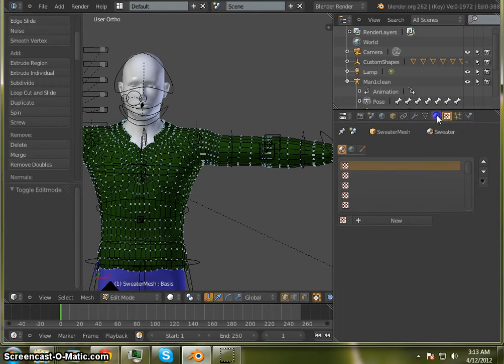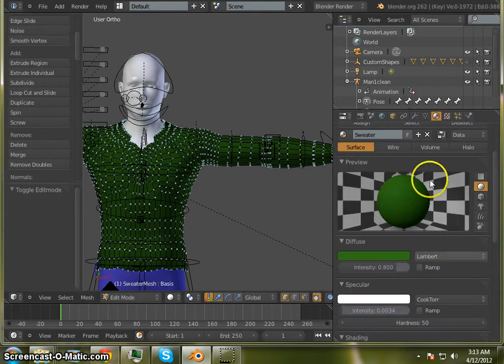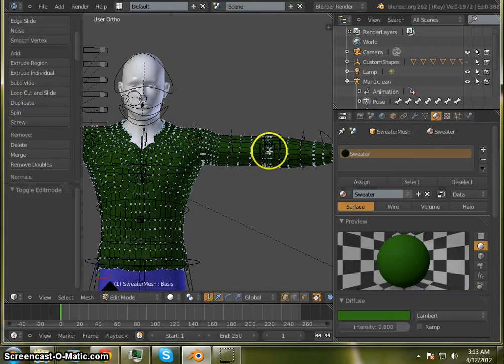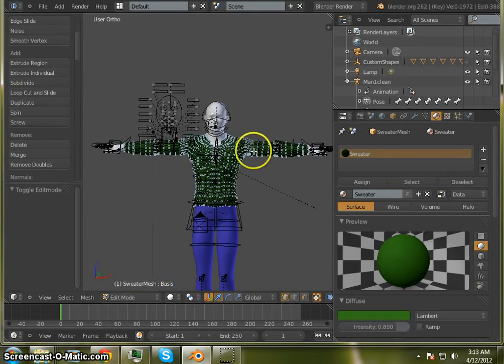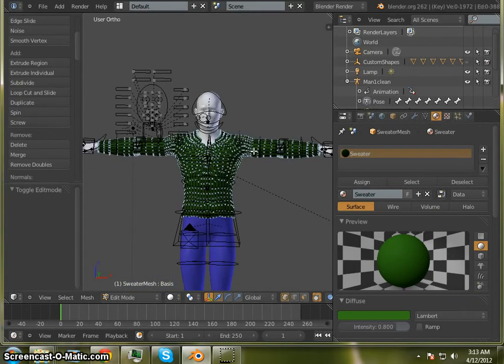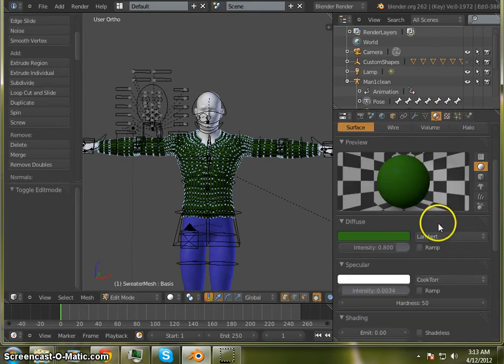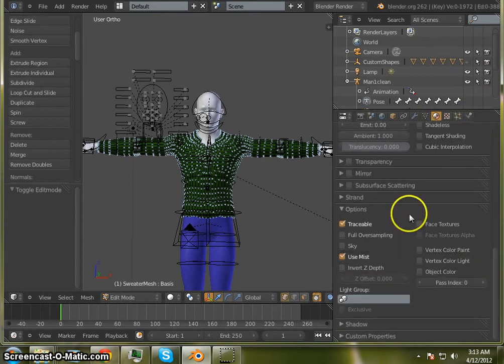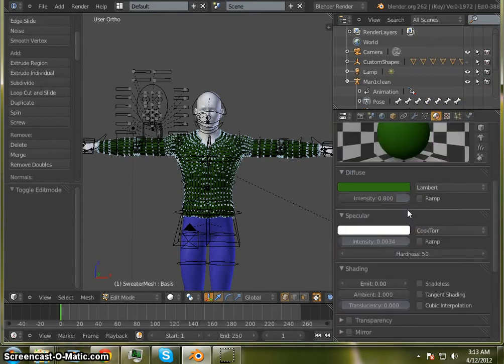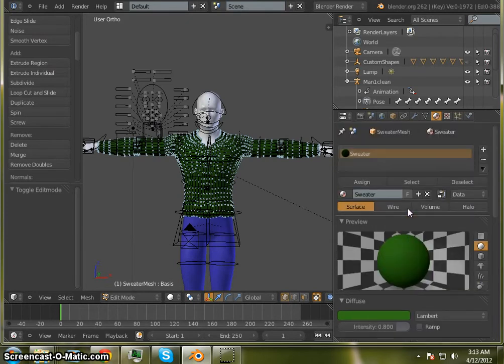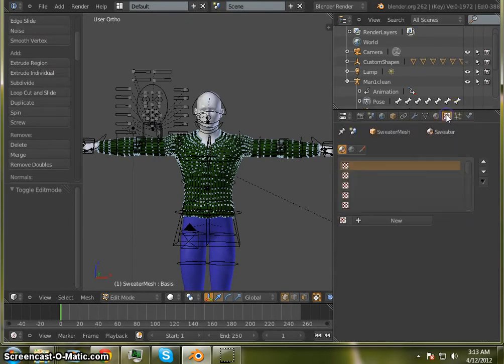Next thing we definitely want is a UV map to put a texture on. We don't seem to have a UV map for this model of a shirt, so we're going to have to make one, and I will show everyone how to do that and add a texture next. But first thing we're going to do is